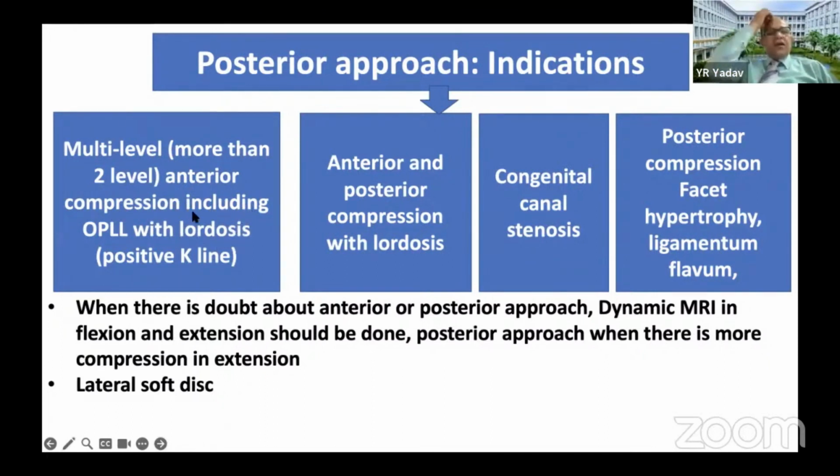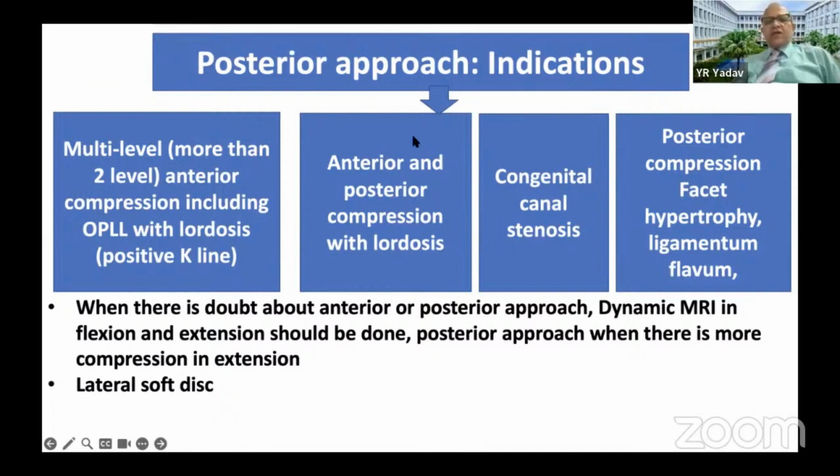I told you that since the majority of the compression is normally from anterior side, and it is an indirect decompression except when there is an isolated ligamentum flavum hypertrophy or facet joint hypertrophy out of proportion to the disc involvement or the OPLL or the osteophyte which is coming from anterior side. So in such case, you take anterior approach, posterior approach, and anterior posterior compression with